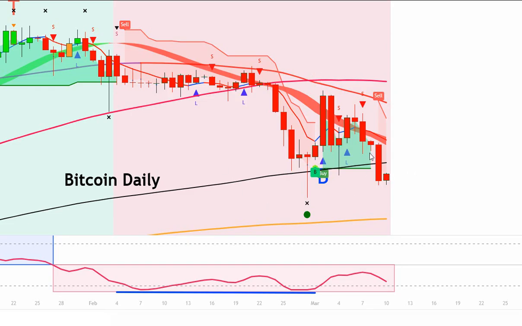You've got the cloud, it tried to flip here, it failed. And then our ribbon is still bearish, and this is a short-term trend right here. It's still bearish. All these things are still bearish. We're still below the 100 period moving average. So again, we'll see if we can carve out a bottom above the low here or just below it at the trend line of support. Watch the video all the way through.